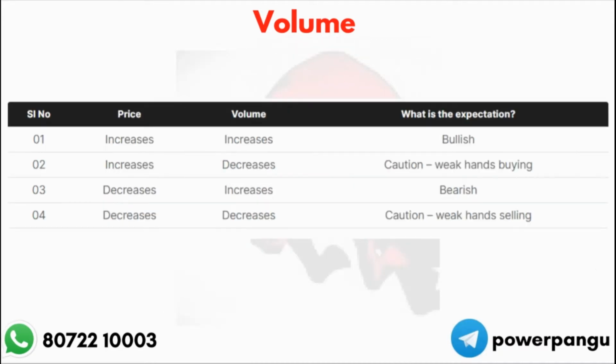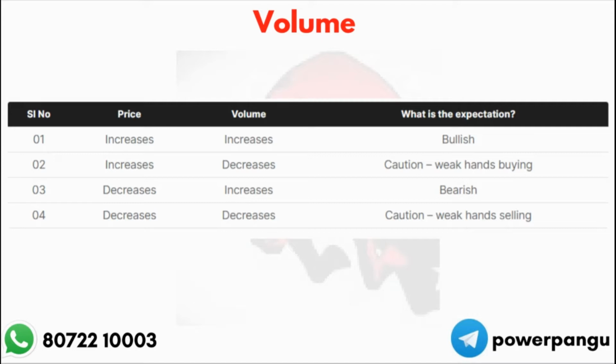Now if you see this table, it gives a clear picture of what is happening in that particular stock or index. So this table will give the relationship between price and volumes and what could be the expectation based on this. So here is a very important point. If you see, when the prices increase and simultaneously the volume also increases, the expectation is bullish. That means when the volume increases, FIIs and DIIs are involved. This is foreign institutional investors and domestic institutional investors, or some big banks with a lot of money, involved in this particular stock.